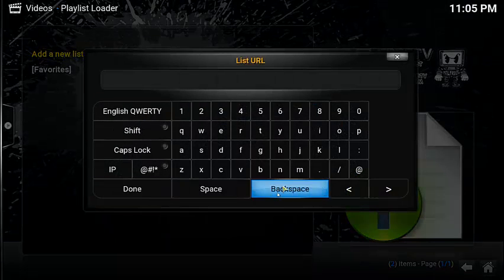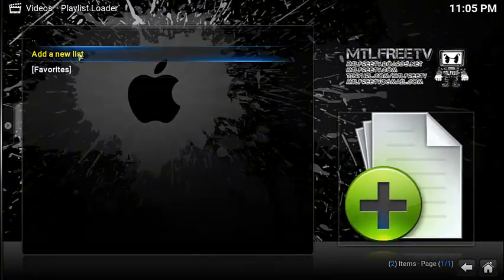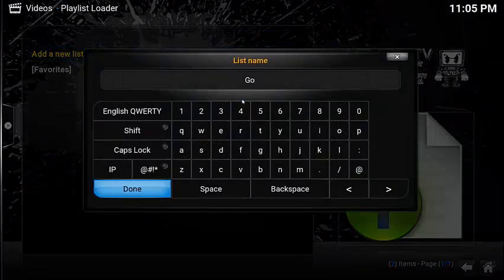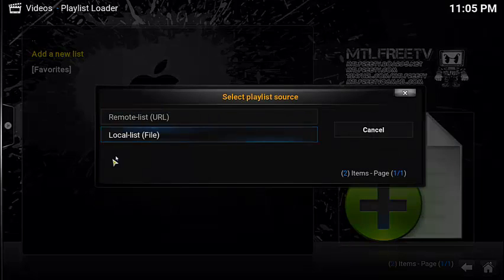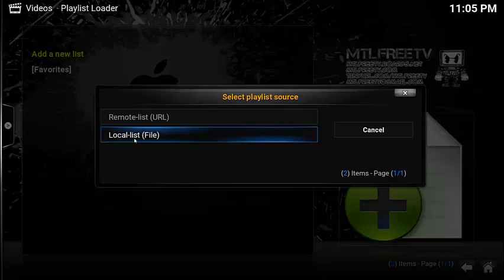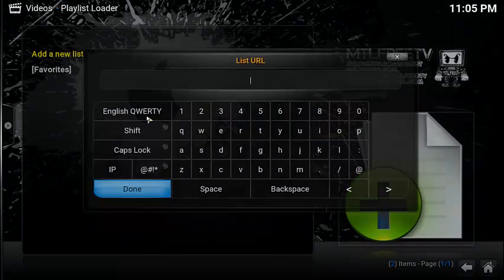So obviously we're going to click the URL. But if you have a file, then, sorry, I'm just going to go back. If you have a file, like a local file where I showed you just before where you created that file, you're going to click on the file, you're going to link to it, and you're going to use that when you create that file on that website, which was tvtvtv.ru. The M3U file that you've created will be loaded onto this. We're not going to be using that. We're just going to use a remote list URL.